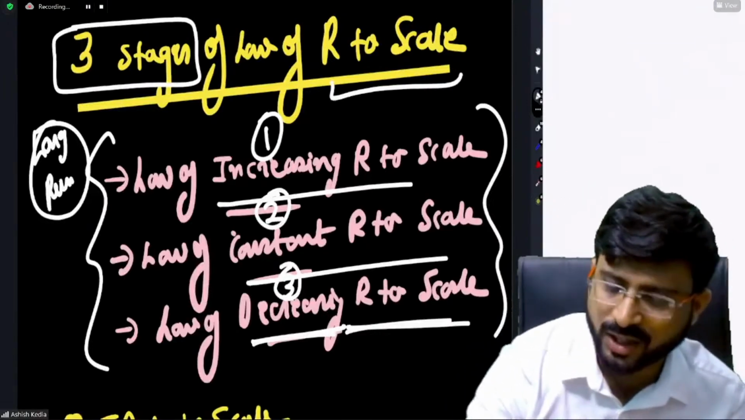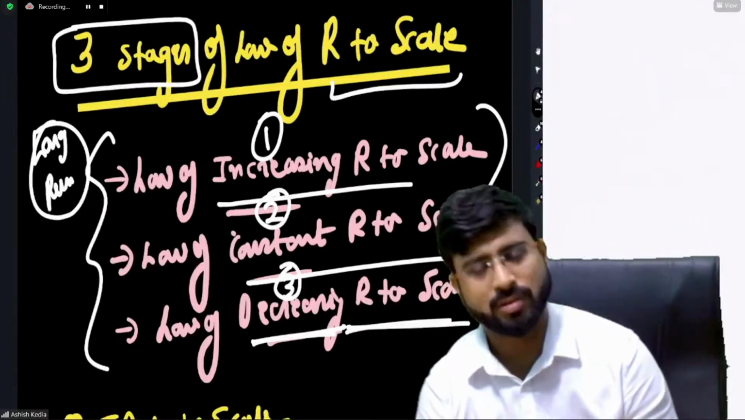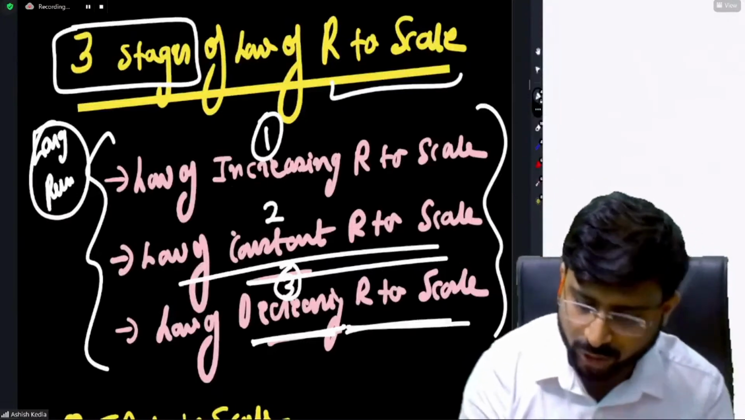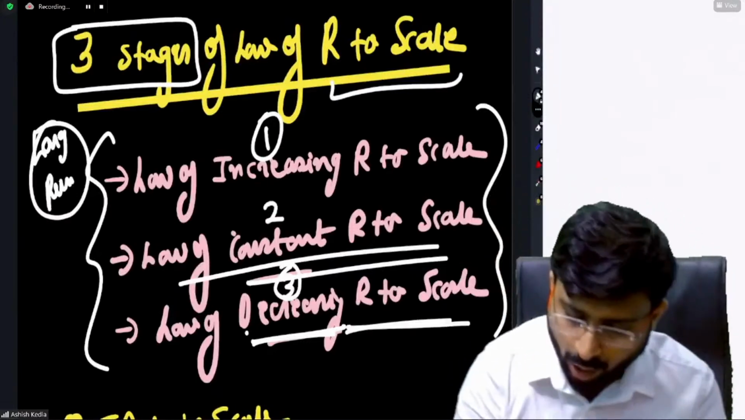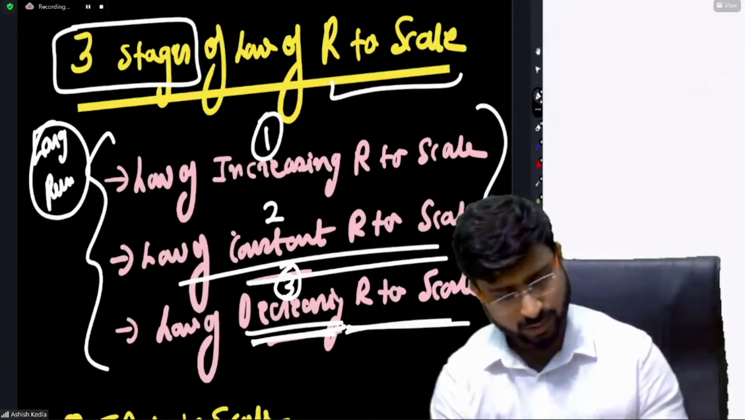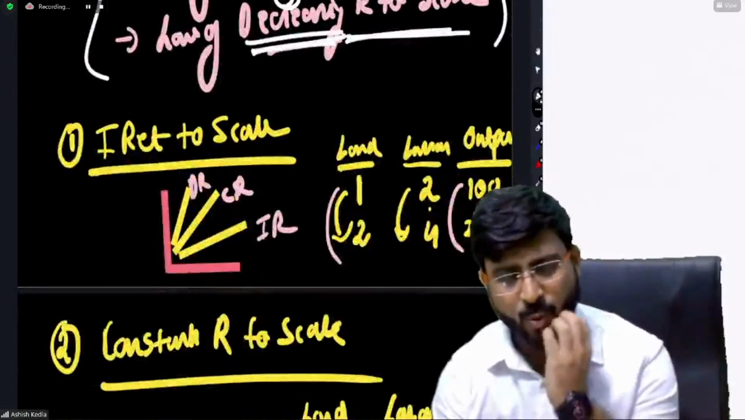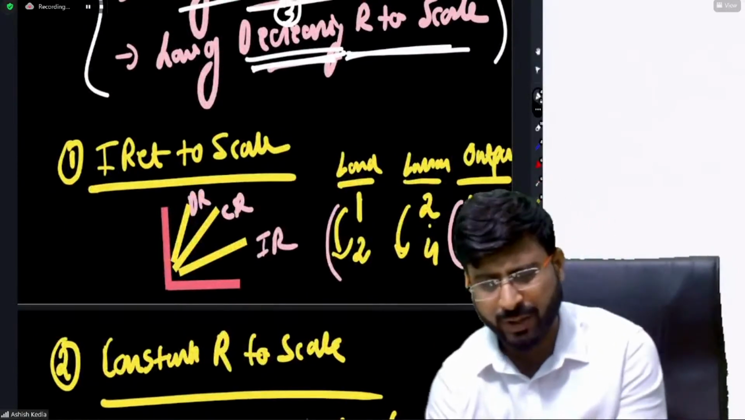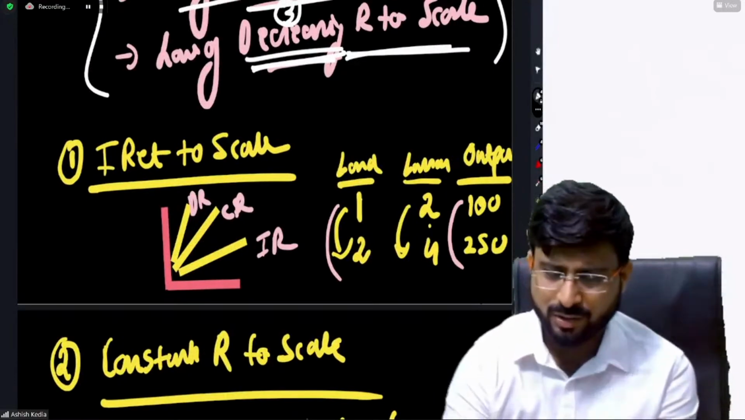In law of returns to scale, everyone, there are three stages. Law of increasing returns to scale, law of constant returns to scale, and law of decreasing returns to scale. Hopefully you all get it. Correct, sir. Now, what is increasing returns to scale? Please elaborate, sir. Please explain it to us. Okay. Now, friends,